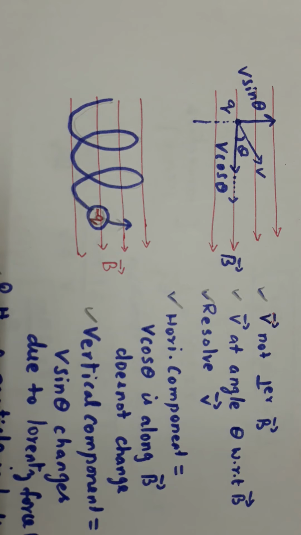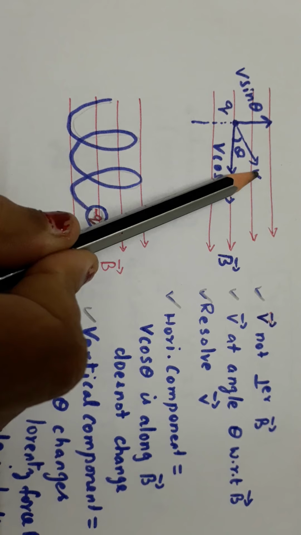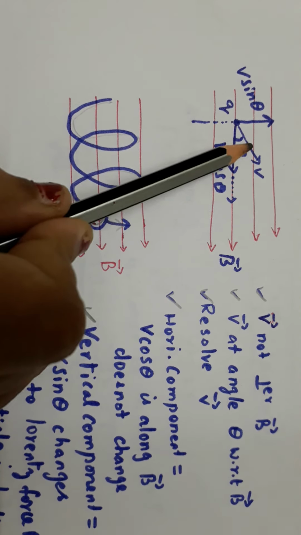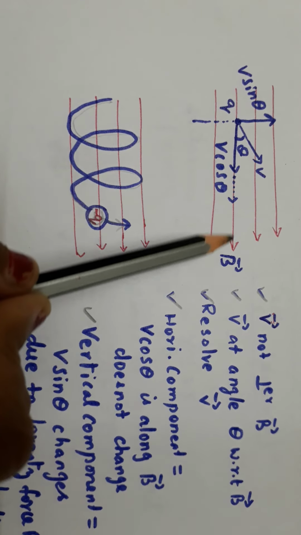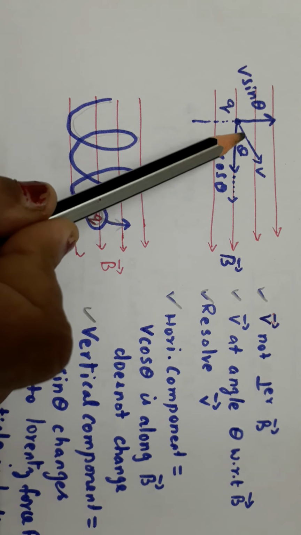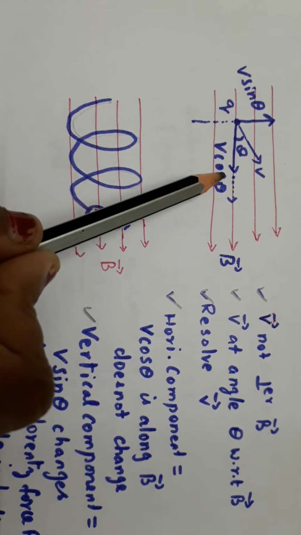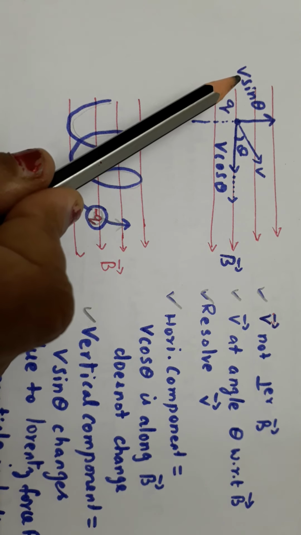Next case, what we are going to discuss is, usually you know that when the charge moves in a perpendicular magnetic field, it will experience Lorentz force. In this case, what you are considering is that the charge velocity is not perpendicular to the magnetic field. It is at an angle theta with respect to the magnetic field, right children? The angle theta between V and B is not 90 degrees as you discussed so far. You are resolving the V vector into horizontal and vertical components. The horizontal is V cos theta and the vertical component is V sin theta.